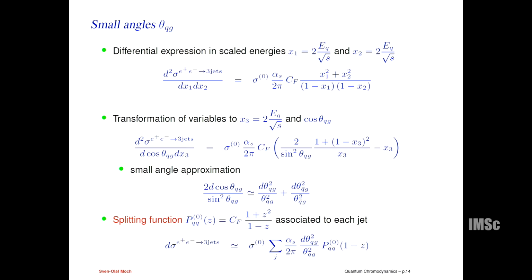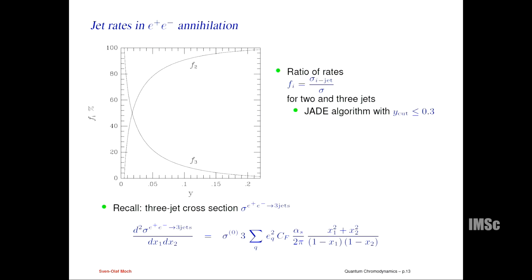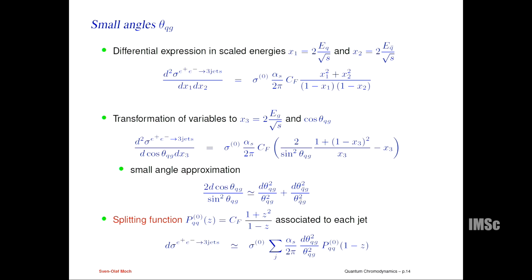So before we had integrated this in d dimensions. We had paired it with the virtual corrections, and we got a finite number for the total cross section. Now, if we just stay with this 3 jet cross section and we look at it from the jet perspective,